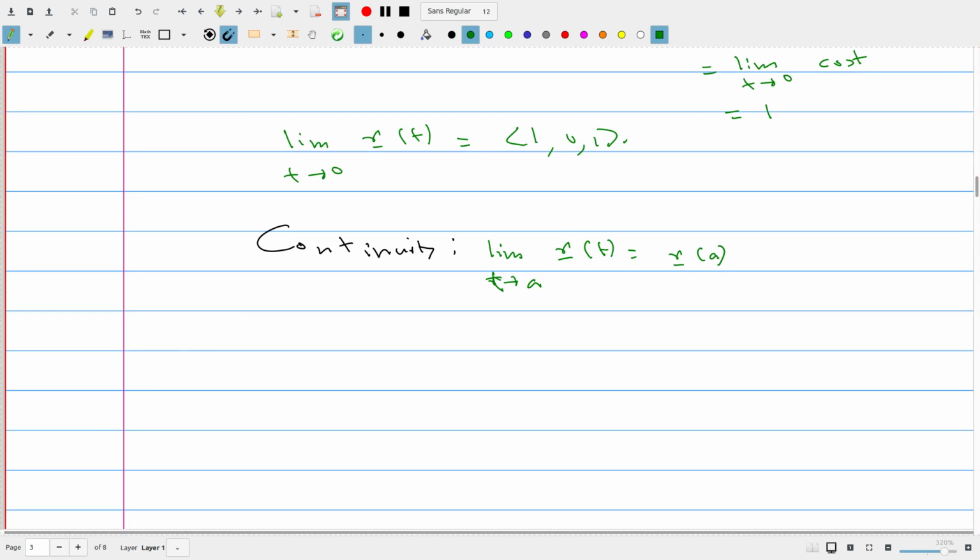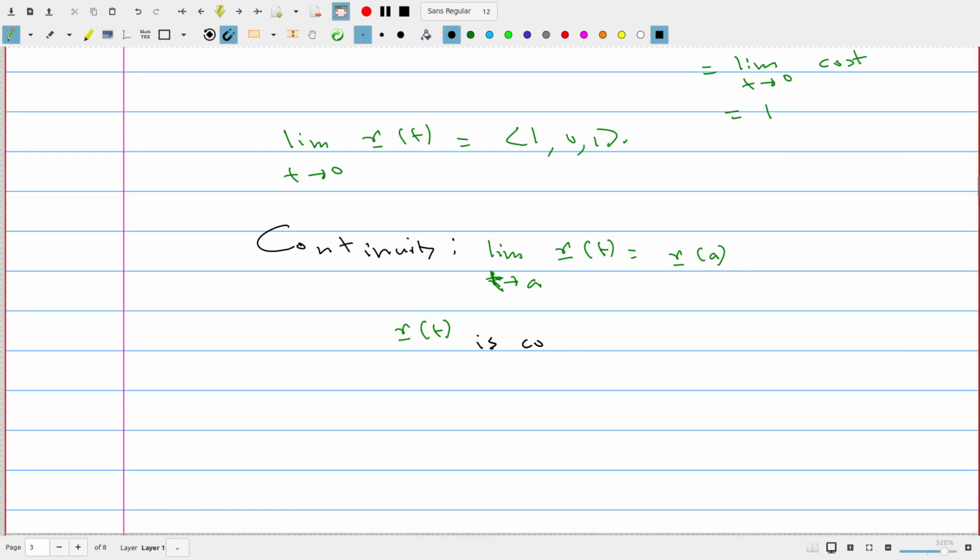This is what continuity means for vector functions. Of course, r(t) is continuous if and only if